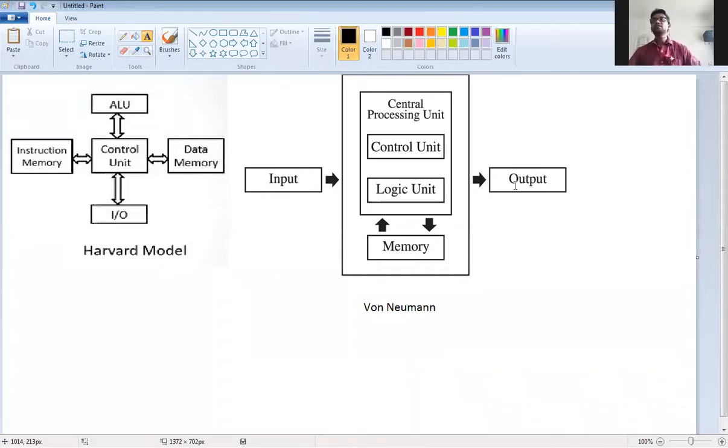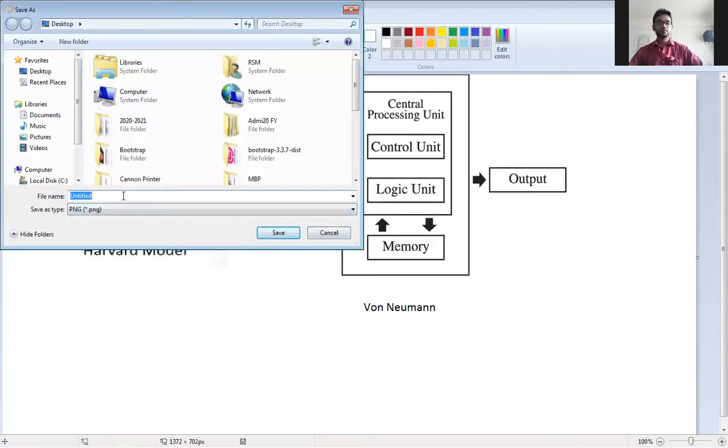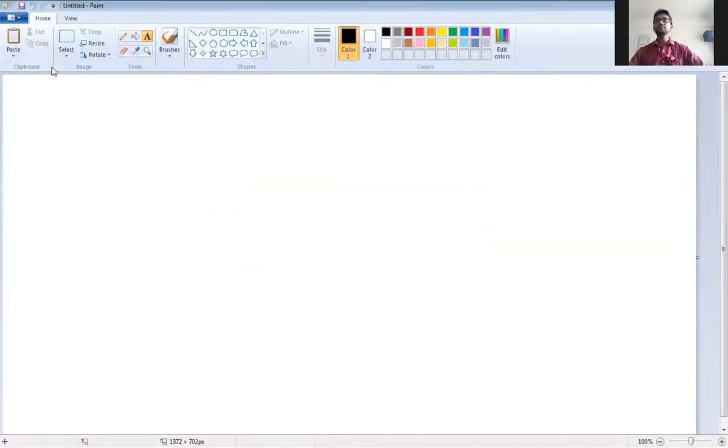So this is it. Then we'll see the next thing, the RISC architecture.